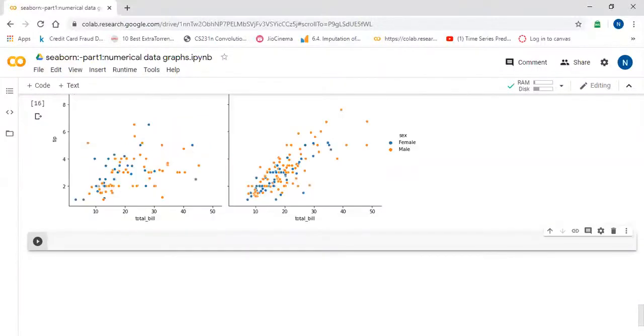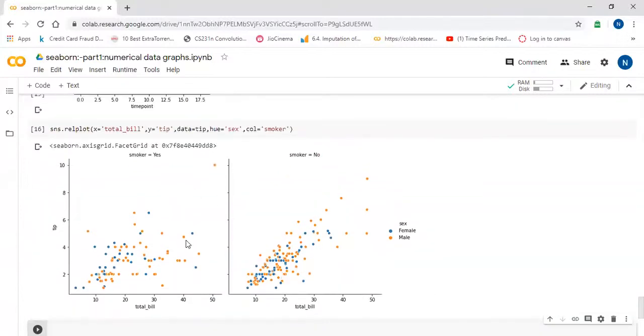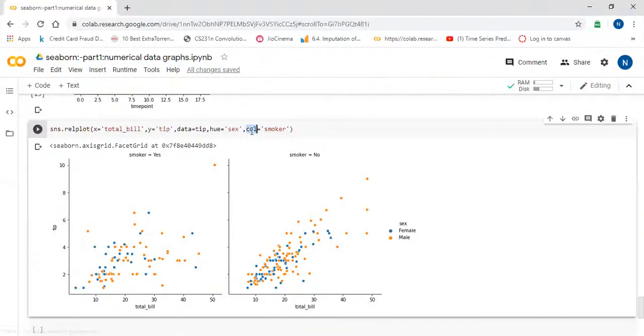Now you can see our graphs are divided into two: smoker equal to yes, smoker equal to no. If you have more categorical features, and the graph is looking clumsy or complex, you can divide the graph directly into smoker and non-smoker. We can achieve this using the col parameter.